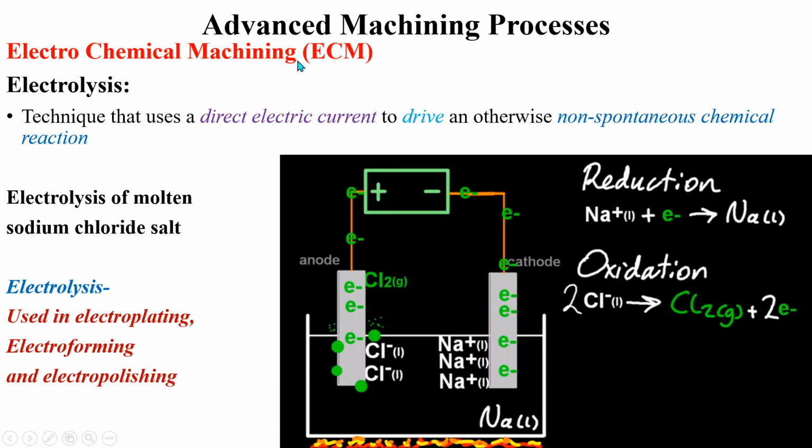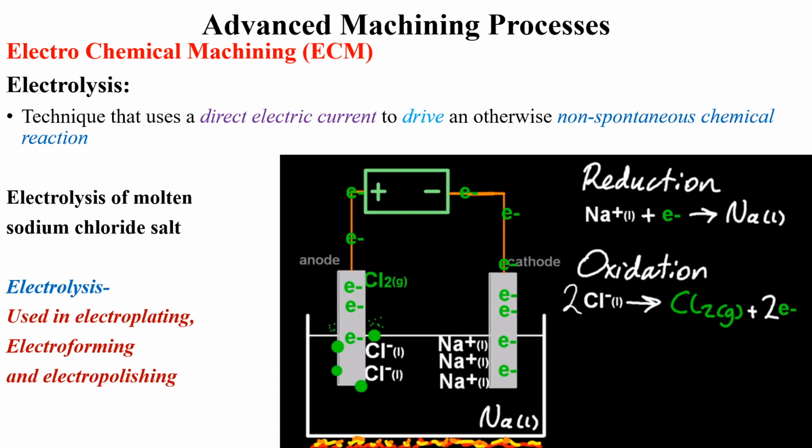So, electrochemical machining works on the principle of electrolysis. Before getting into the details of electrochemical machining, we will look into the theory of the electrolysis technique. The electrolysis technique uses a direct electric current to drive a non-spontaneous chemical reaction. That is, a non-spontaneous chemical reaction is made to occur by the supply of a direct electric current, and this chemical reaction is used to either deposit or dissolve a specific element from the work material, and this has certain applications